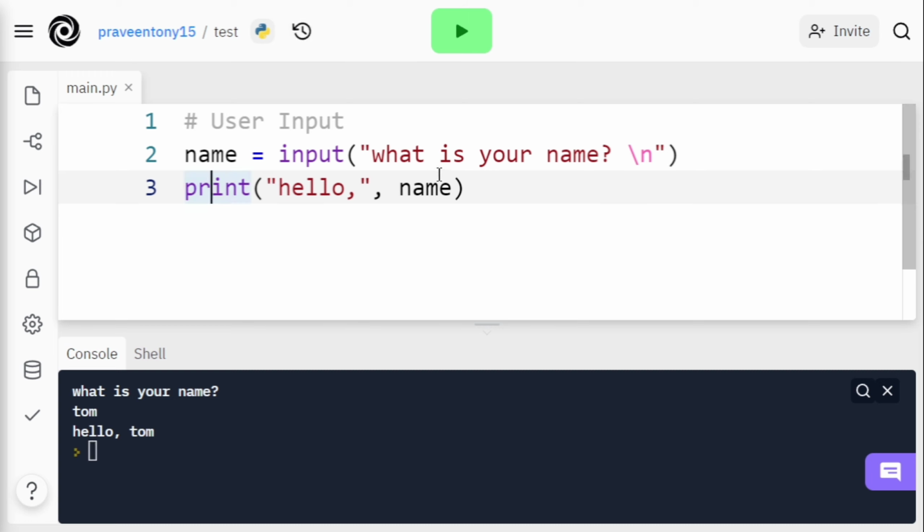The first thing is input is always a string. If we get input from a user, it will always be a string. What if we get a number? Let's say, what is your age. Age will be a number, right? So let's say your age is here. If we change this input name to age,